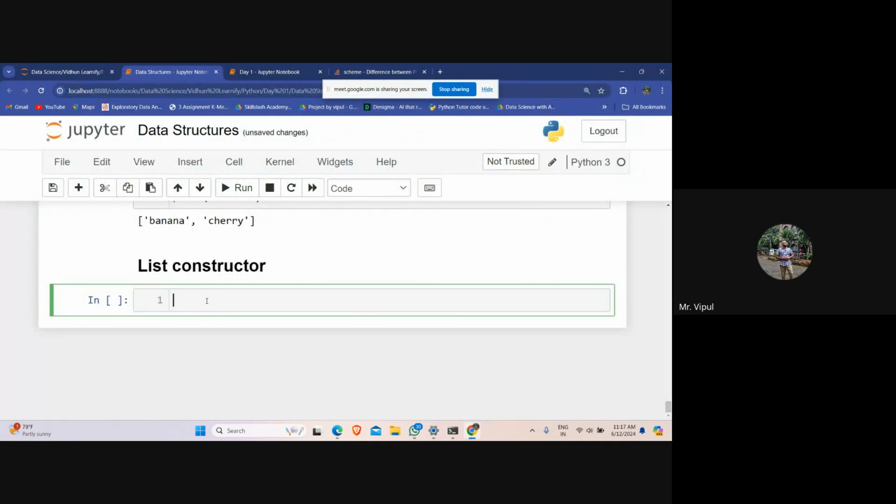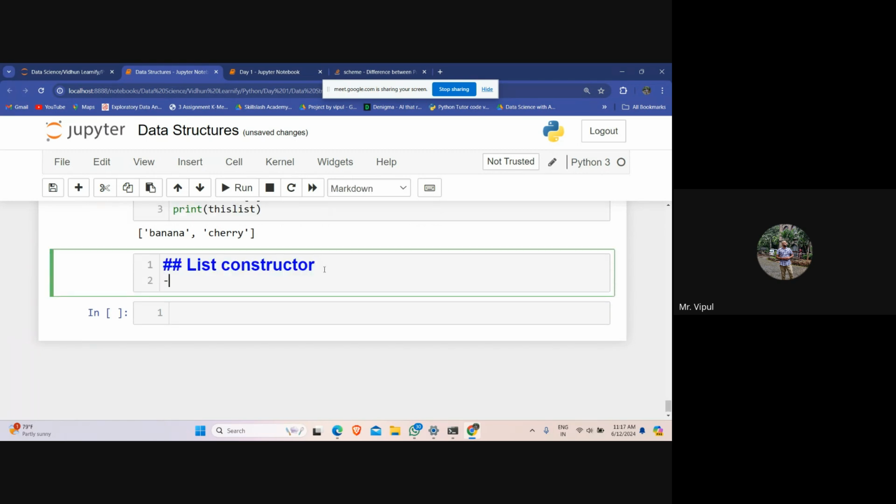So now, what is the list constructor? I'll just write down a few points for this. It is also possible to use the list constructor when creating a new list.